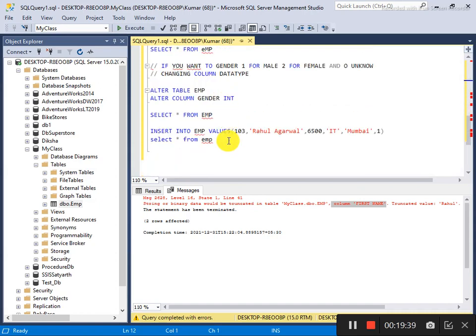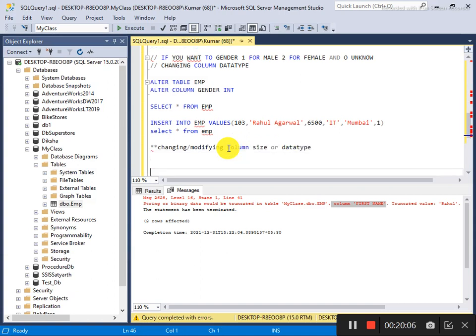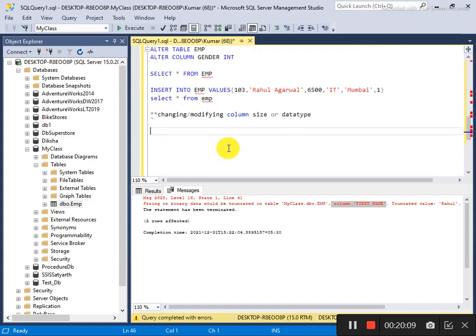So if I need to change its size, then again I will use alter table emp, and I want to alter the column which is first name.